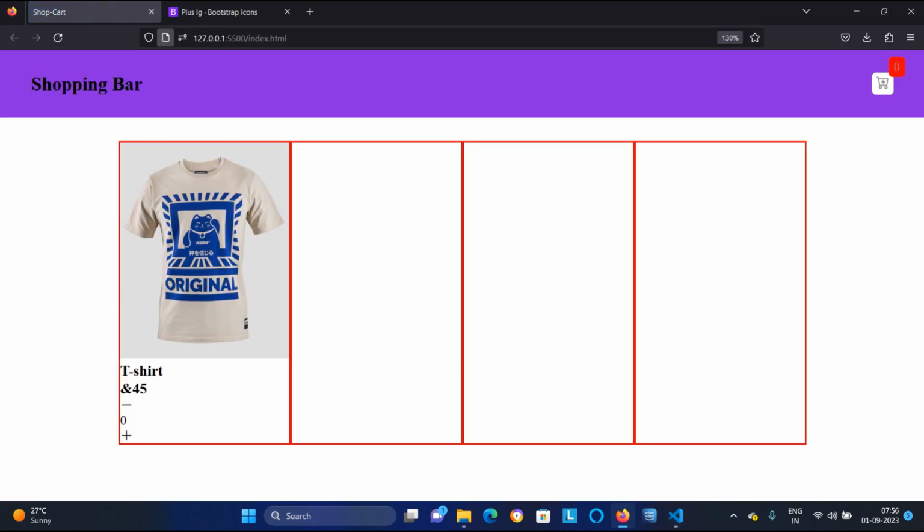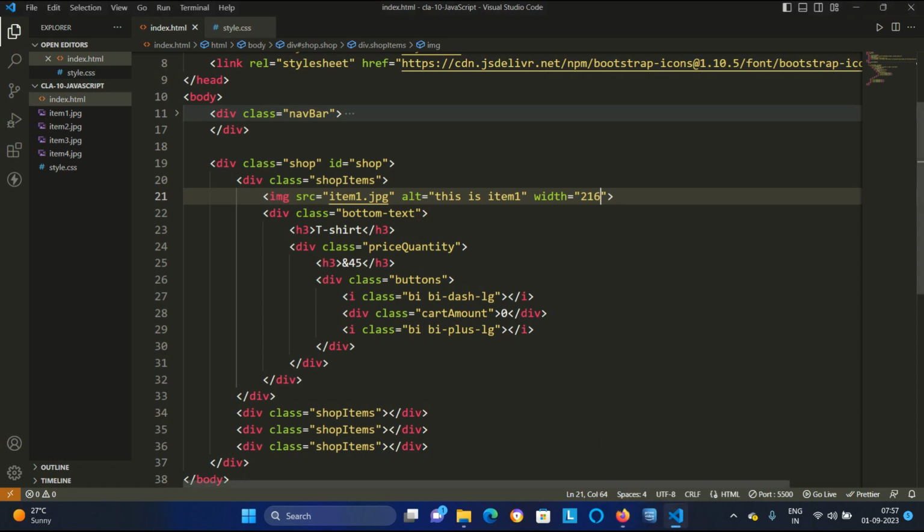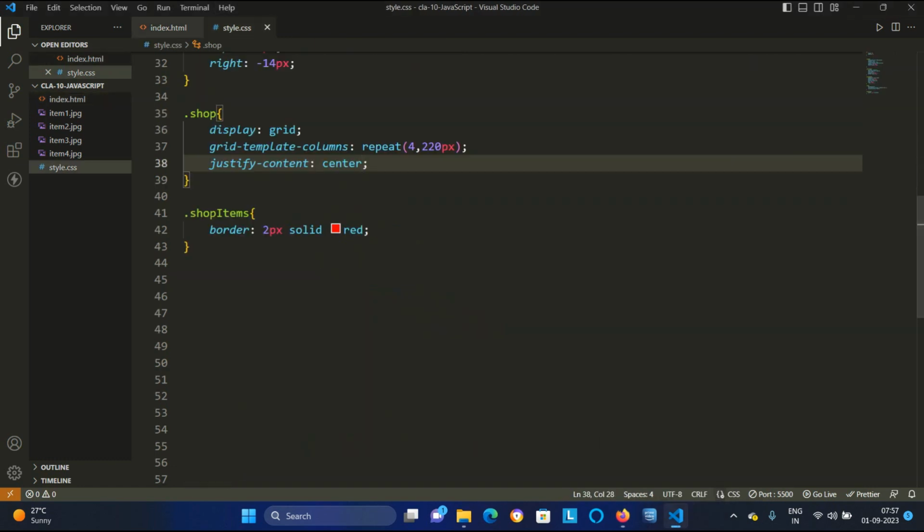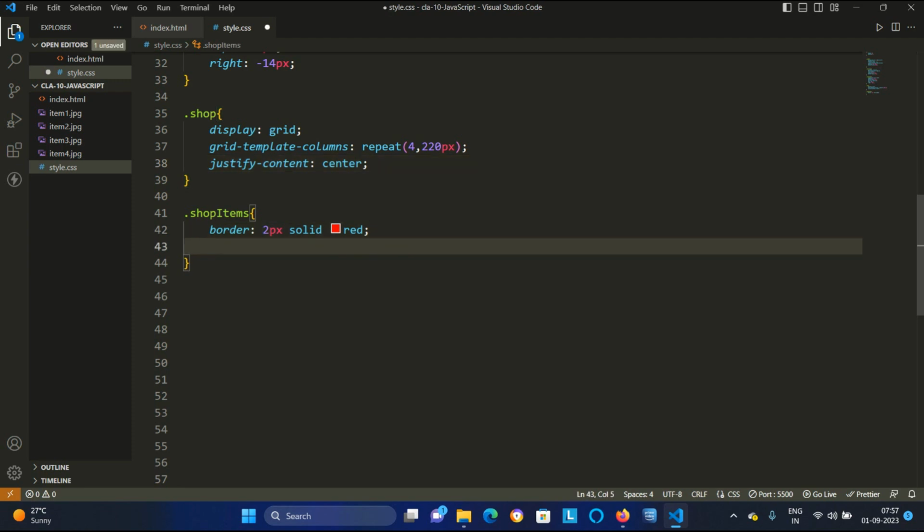Just go here. Now the grids and the things are coming in our way. And now I will say to the SOP items, take a border radius.